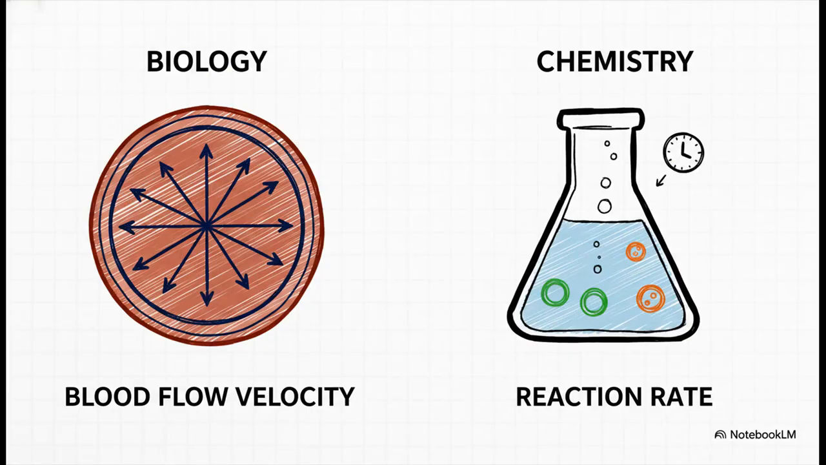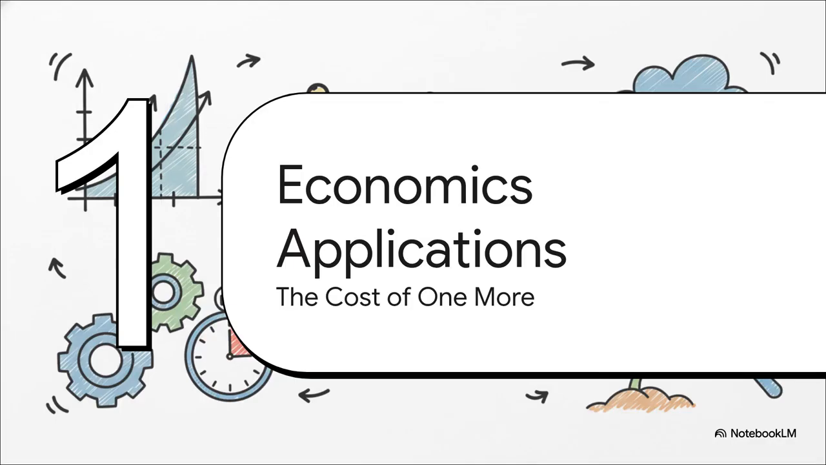And it doesn't stop there. This same idea, the derivative, is used to analyze how fast blood is flowing in an artery, or the rate of a chemical reaction. It's literally the calculus of life itself. Okay, so from life sciences, let's pivot to the world of money. It might seem like a huge leap, but let's see how the exact same idea helps us make sense of